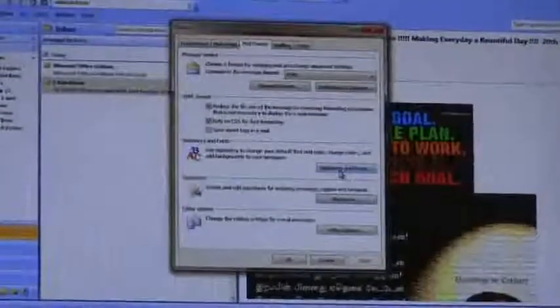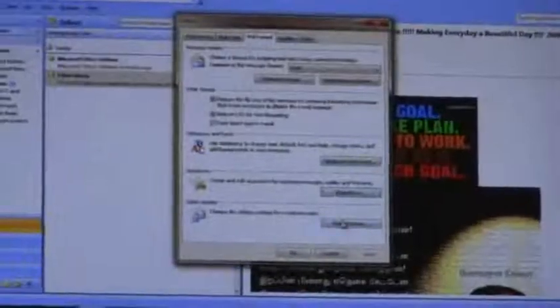You have to select fonts. Here we can use either text or HTML. There is also another option, Stationery and Fonts.